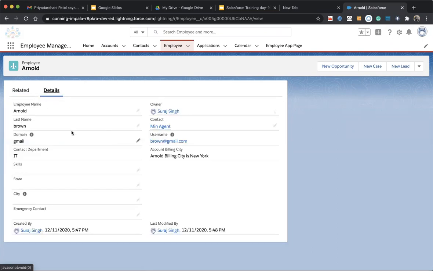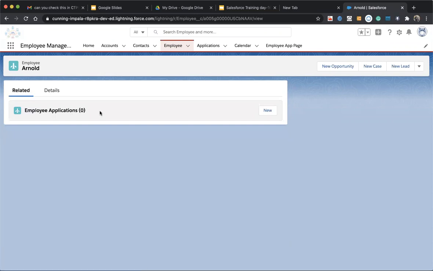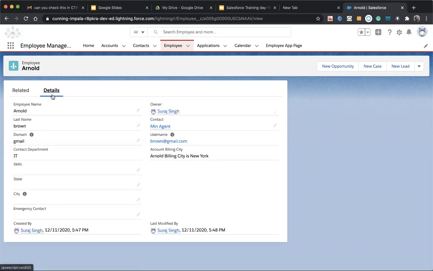Whenever the record is created, I want to create related records with it. So when we have to do these kinds of operations, we take the help of workflows.